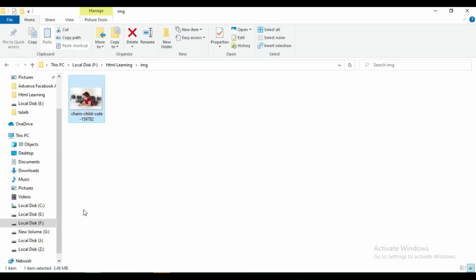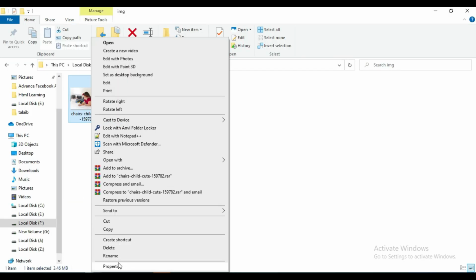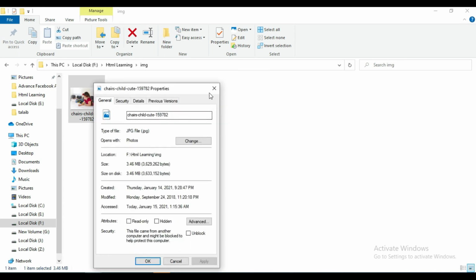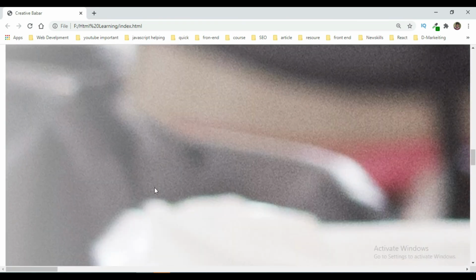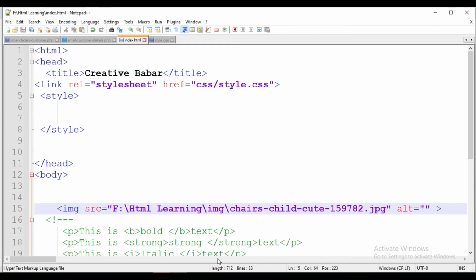If I right click on the image, then we can see the image type. Image type is JPG. Now if we reload the page, it is showing, but it has a big size.